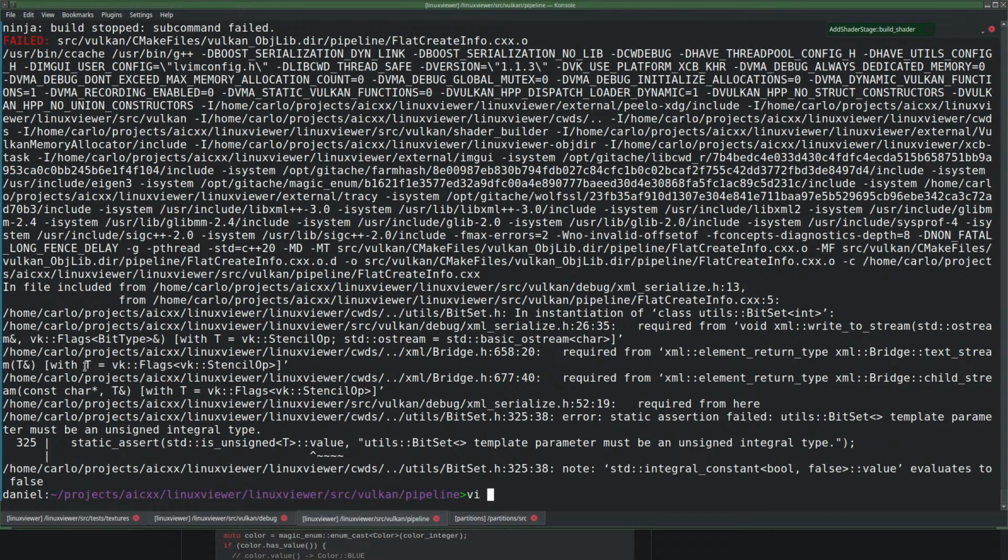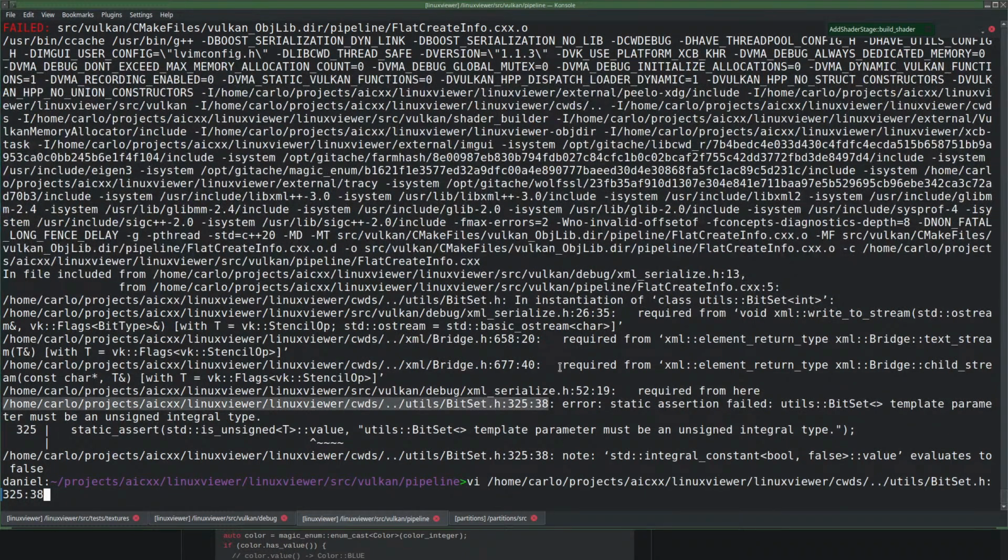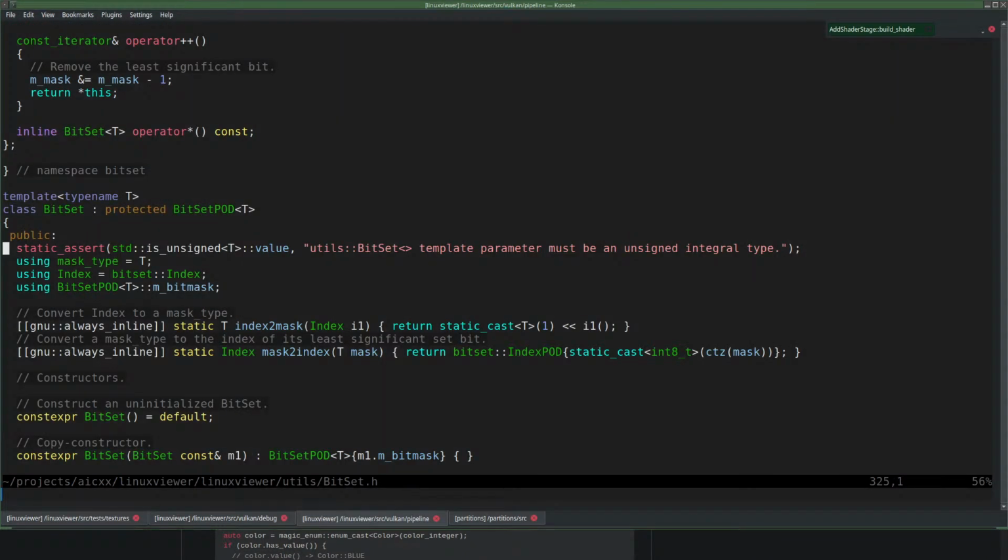It's being called with T is VK flags. What? What? Oh no, the bit set T of the bit set, okay.